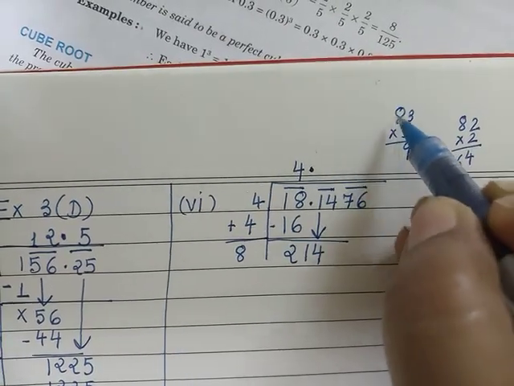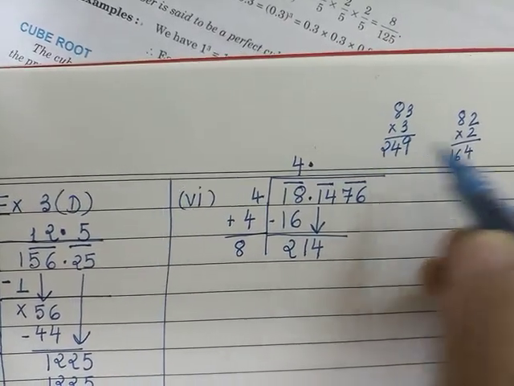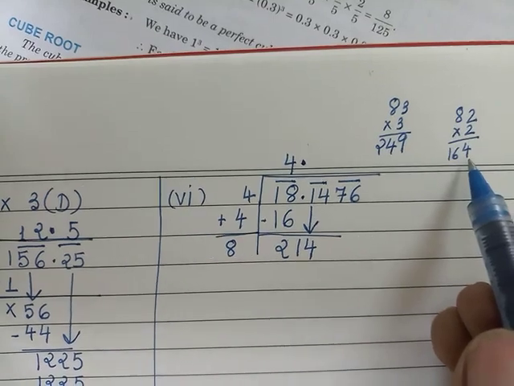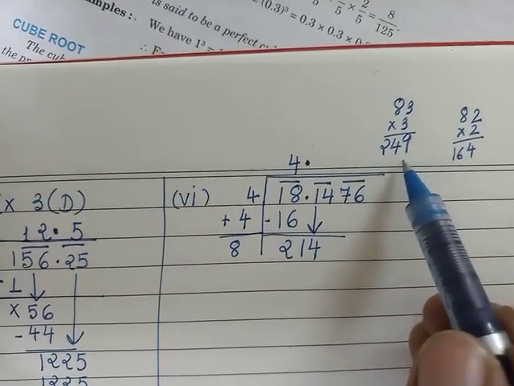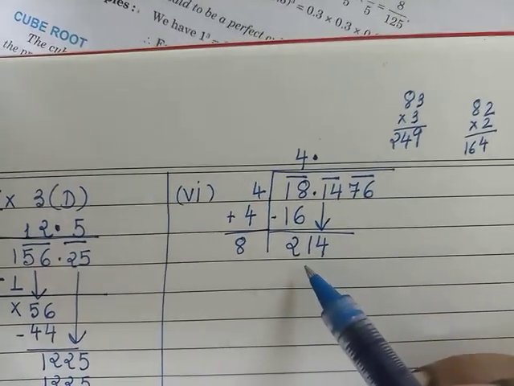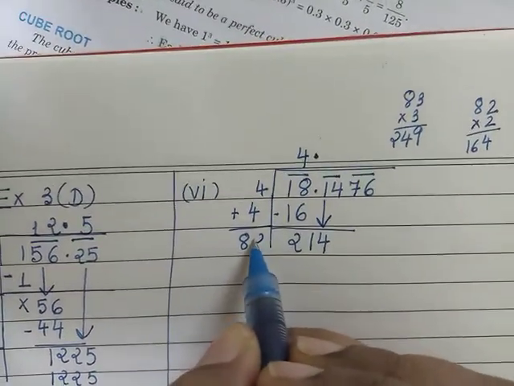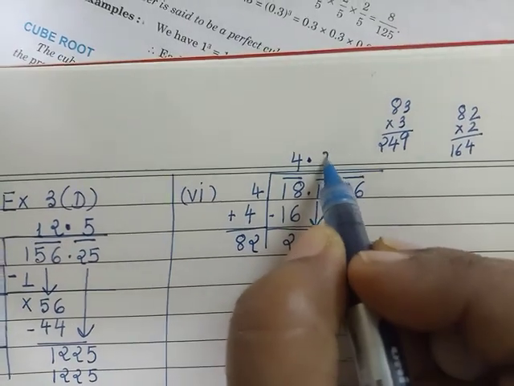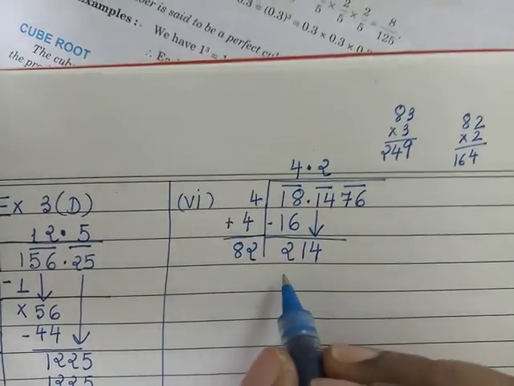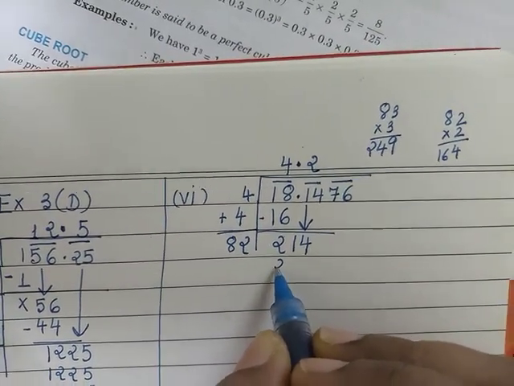Or you can affix 3 and see with 3. 3 3s is 9. 8 3s is 24. So if we affix 2, it is 164. If we affix 3, it is 249. And we have 214. So we can affix 2 over here. So I write 2 here and 2 here also. So what did I get? We got